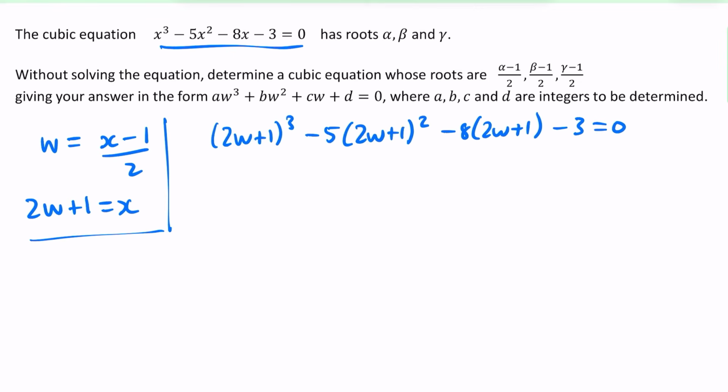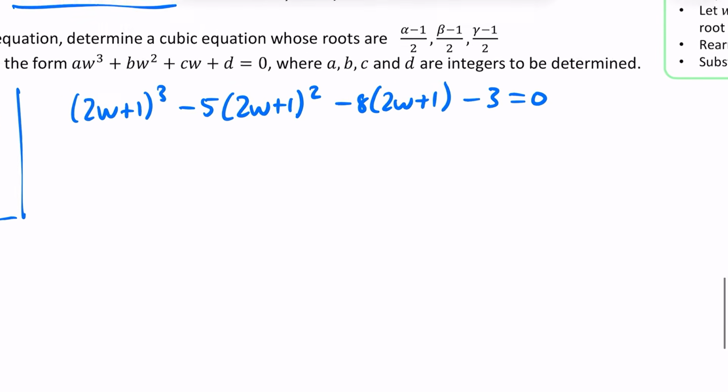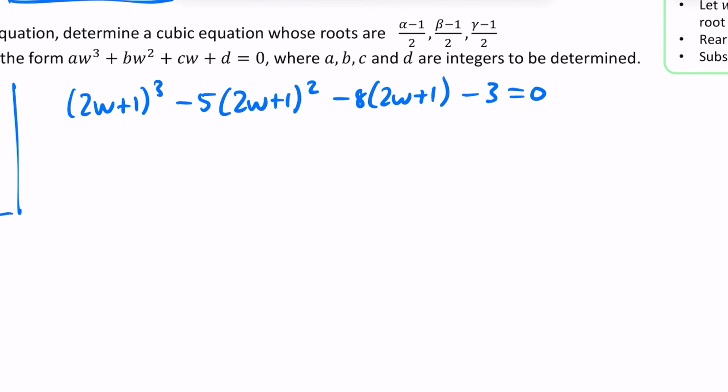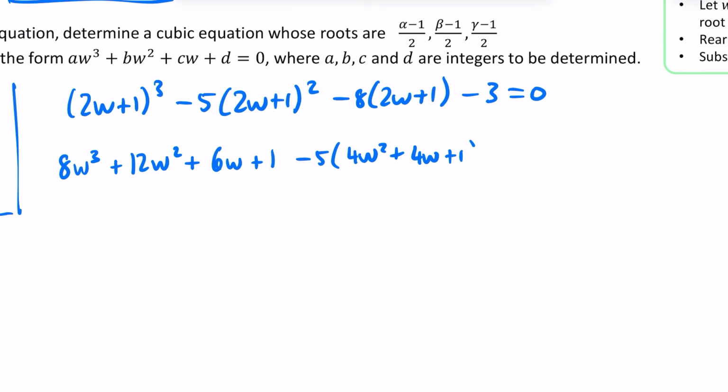Okay, this is where I'm going to go a bit speedy with the binomial expansion here, because I can do most of this in my head. If you want to take your time with it, obviously do that as well. But 2w plus 1 cubed, or the 2w cubed, is going to be my 8w cubed. I'm then going to have a 2w squared, which will be a 4w squared, but there's a binomial coefficient of 3, so that's a 12w squared. And then we would have a 2w times by the binomial coefficient of 3, which is 6w, and then a 1. We then have minus 5 lots of 4w squared plus 4w plus 1, minus 16w minus 8 minus 3